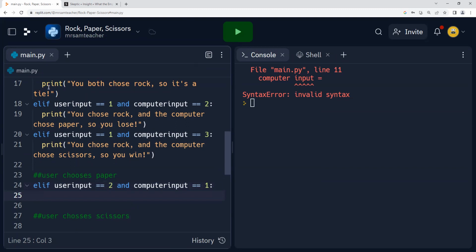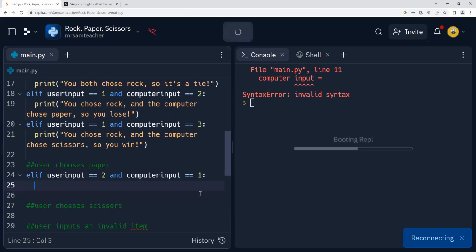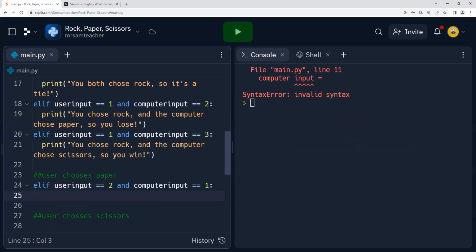And you can go ahead and just analyze what happens here. If the user chooses two, which is paper, and the computer chose rock, you win because rock, paper is covered. So you can just find the one that says you win at the end, and change it up a little bit.